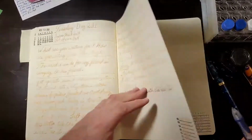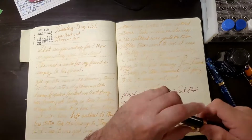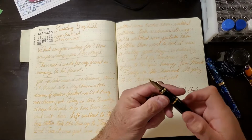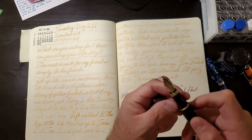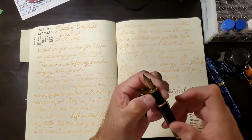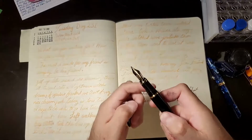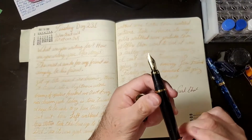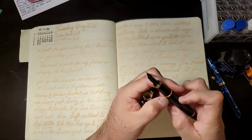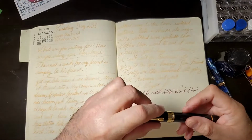And the day before that was Autumn Oak, which was in the Jinhao Black with the gold Fountain Pen Revolution flex nib in it. And I love this nib. It matches the pen very well. Oh, can you guys even see what's going on? So it matches the pen very well, which makes me very happy. And it wrote really wet. So if you guys are having a problem with